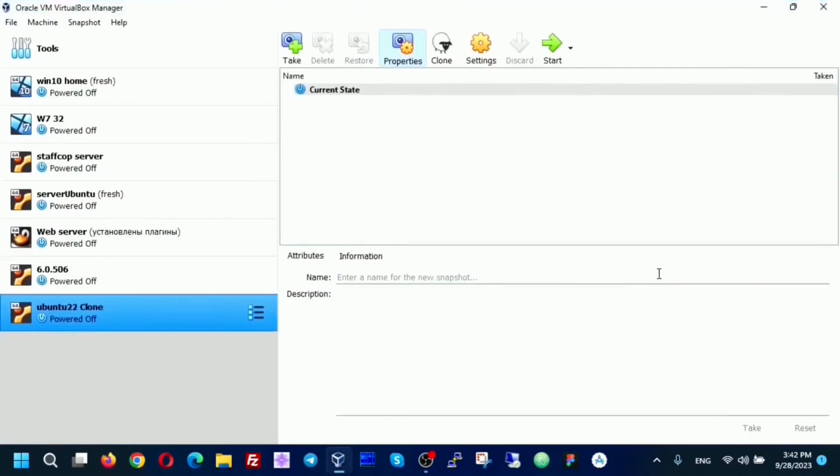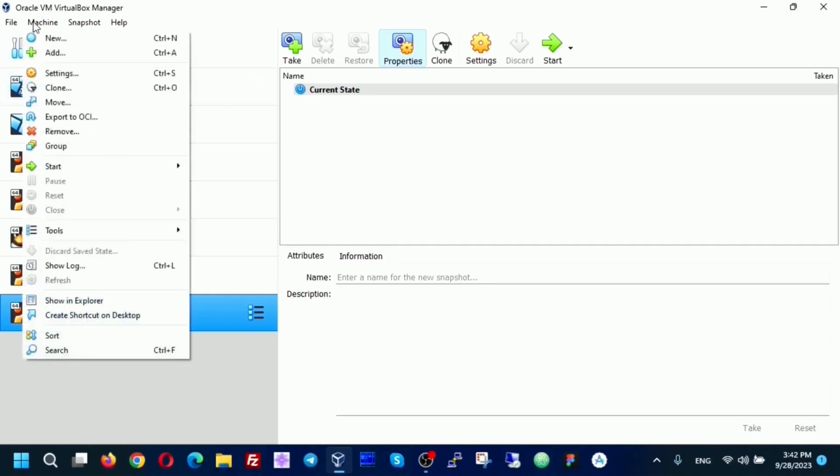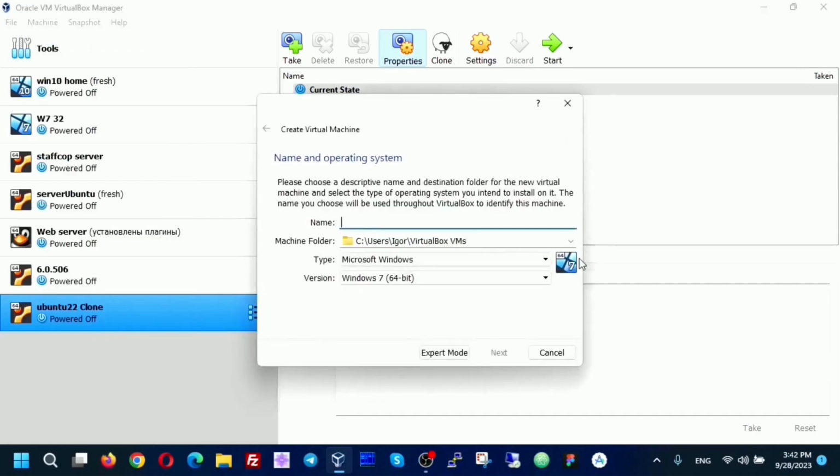Here I have a VirtualBox program. First, I install a simple Ubuntu server, and after this, on this Ubuntu server, I will install the StaffCounter server. We create a new virtual machine and name it local StaffCounter.